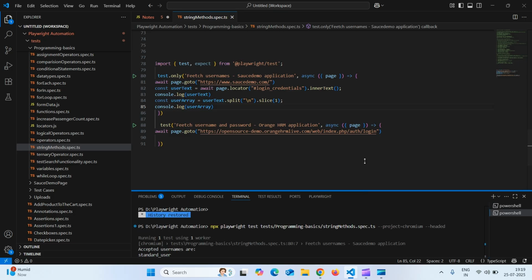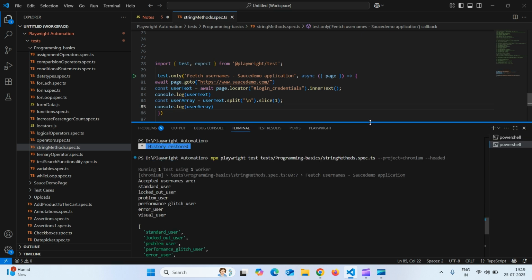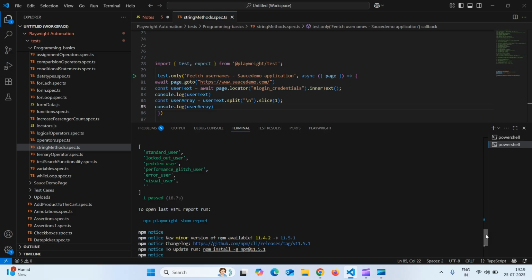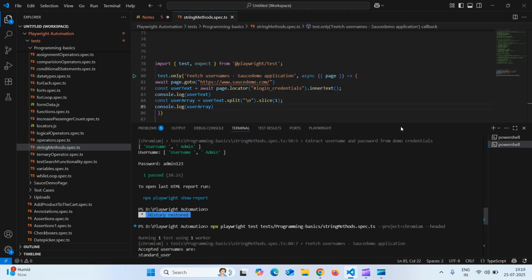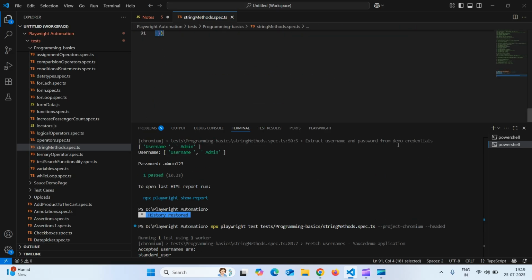One minute, I'll just scroll up this one only. So, user array variable, and you know that an array starts from a square bracket and all the users are in single quotes. Okay, so now what we need to do,